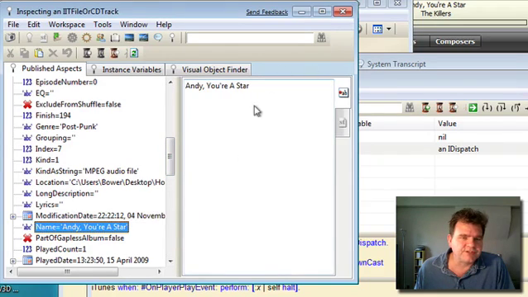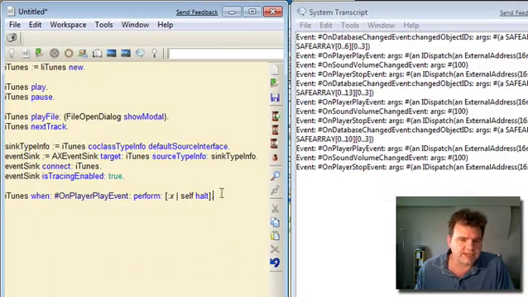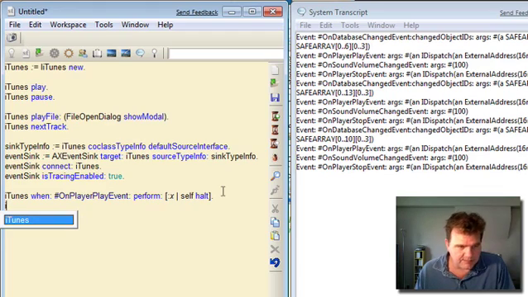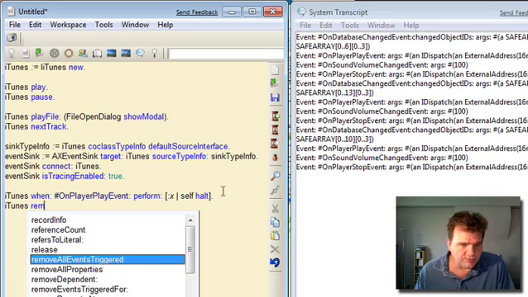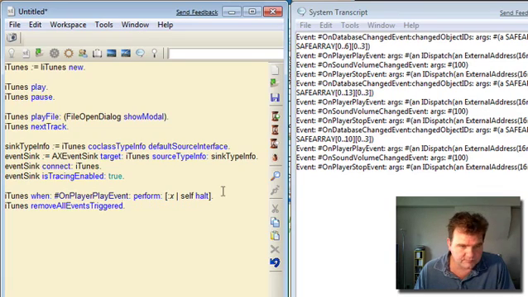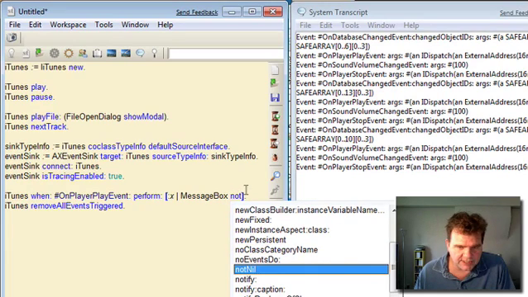So what we can do now is use that to parameterize whatever we do with this event. So let's go back to our original workspace window. Okay, I'm going to ask it to forget that event handler. So I can say iTunes remove all events triggered. Okay, and instead of doing a self halt, let's edit this again and put up a message box to say we're playing a particular track. So let's do message box, notify,